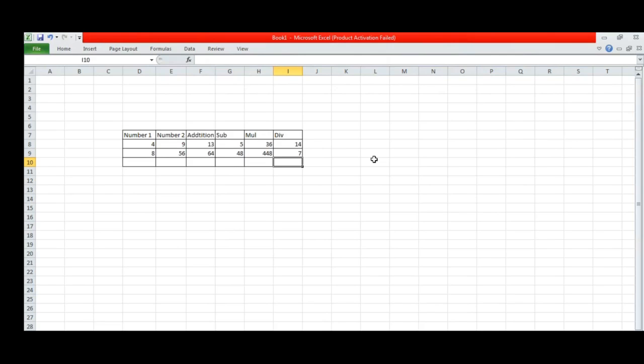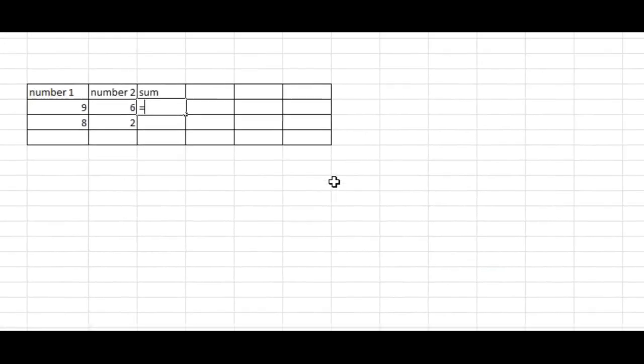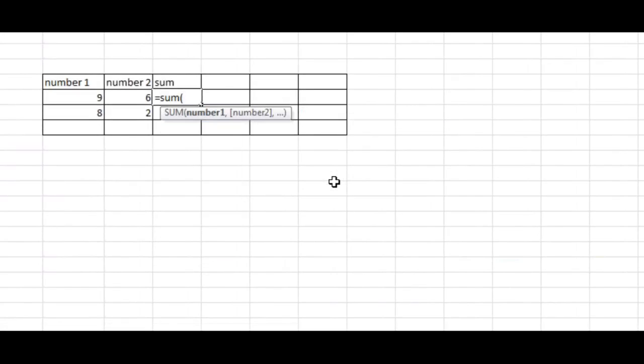Then next we will see the auto sum. Okay, now we will see how to do the addition with the sum function. The function is used the same as the formula. Now how to use the sum function? Equal to sum in bracket number 1 comma number 2, meaning this comma this one.